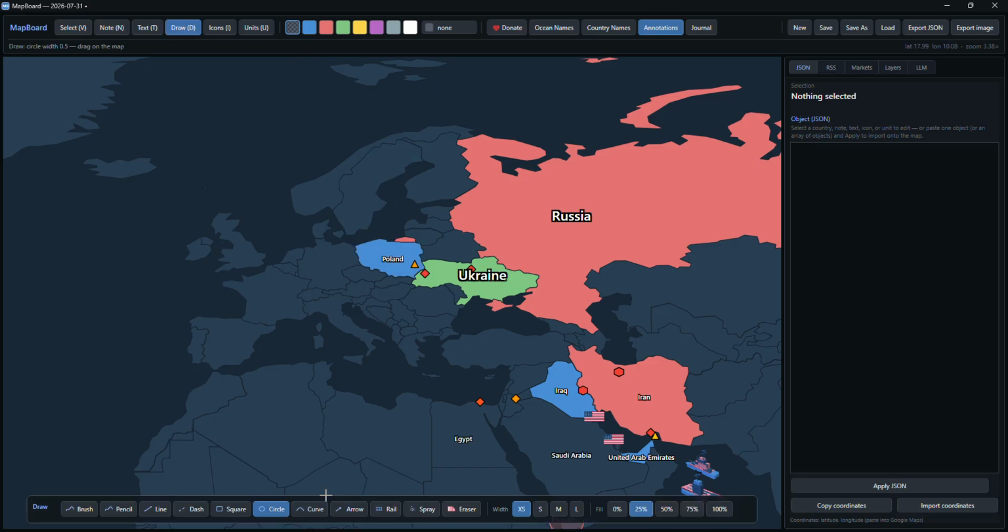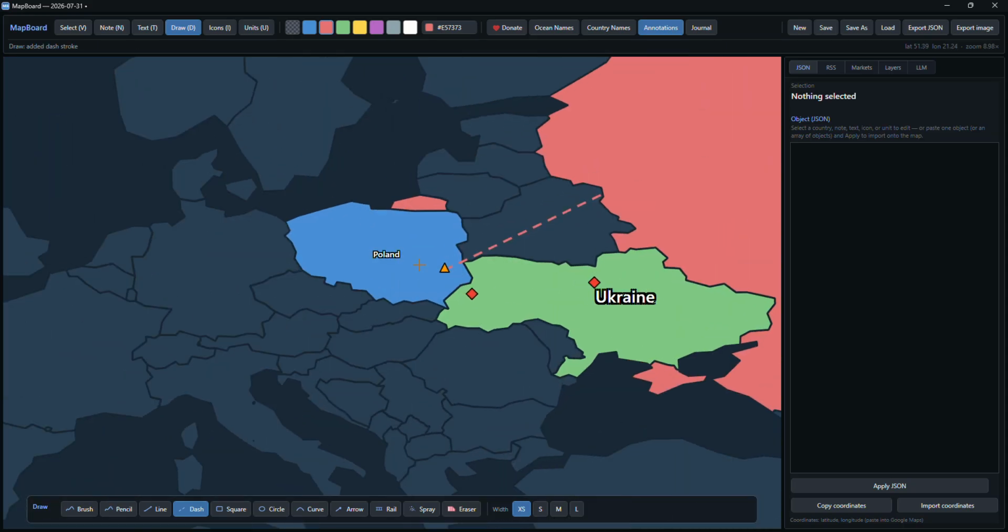I can draw that escalation. I'll draw a dashed line in red from Russia into Poland, and it will be represented here on the map. There are different tools that you can use